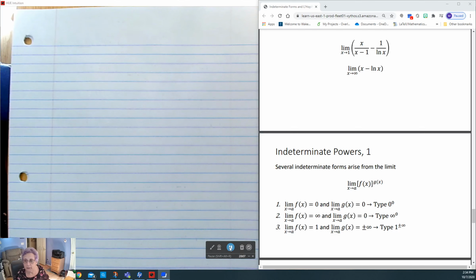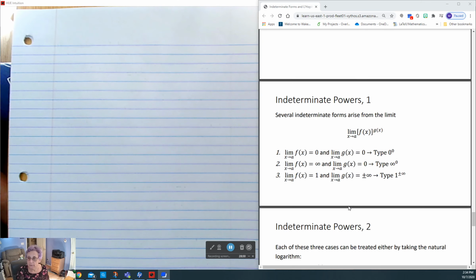So, indeterminate powers. If we have 0 to the 0 power, we don't know what that is. If we have infinity to the 0 power, we don't know what that is. If we have 1 to the plus or minus infinity power, we don't know what that is. So, we have to